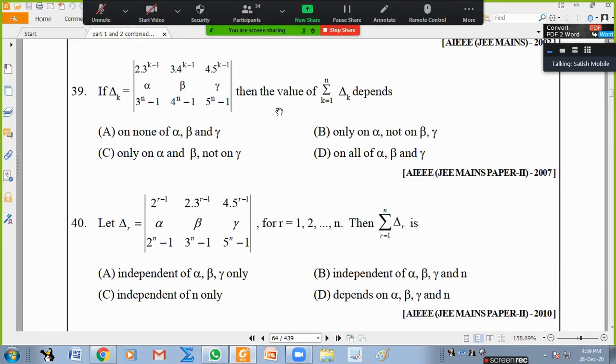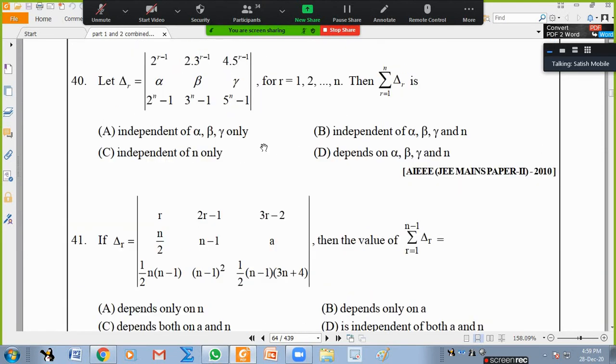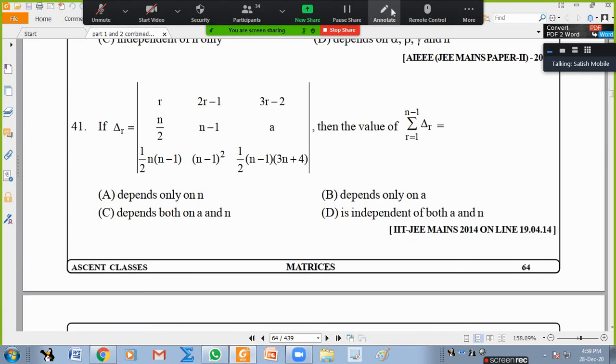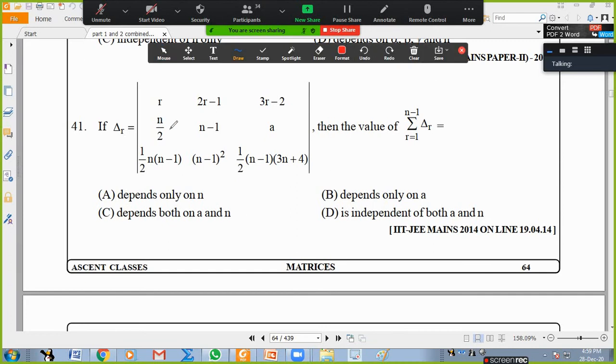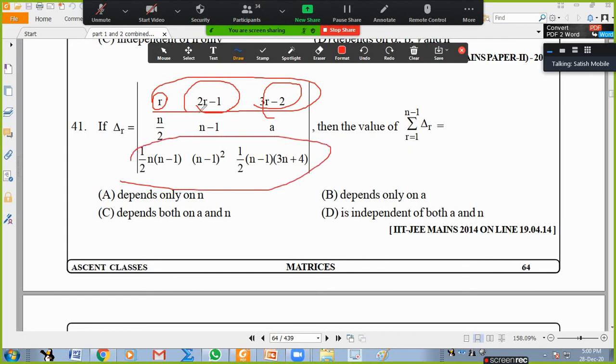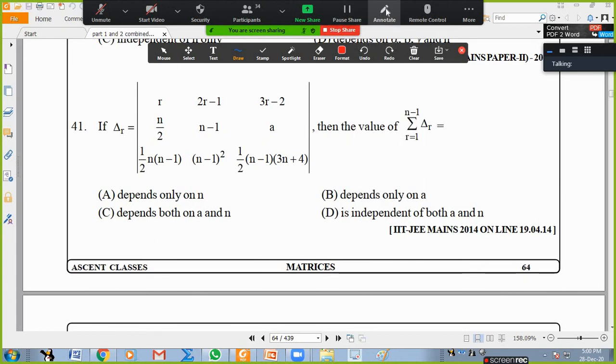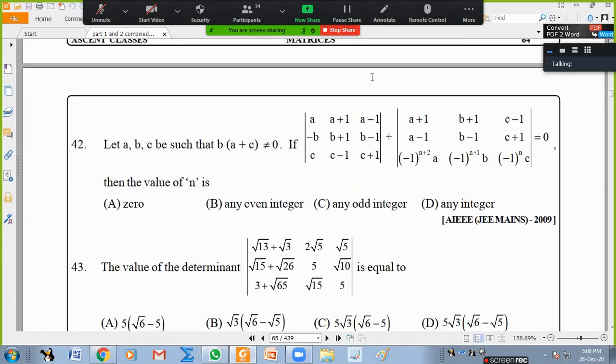All are similar. As you change k, only the first row is changing, other rows are the same, so they can be added. Even in 41, you can see on the screen, the second row is a constant, the third row is a constant, first row is changing. When you add many such first rows, here you will get the sum of the first n minus 1 natural numbers. This is the sum of the first n minus 1 odd numbers. This is an arithmetic progression. When you find those values, you'll get directly the third row. Two rows are the same, so it is almost 0 or something. Any doubt about 42? Yes, sir. Okay.